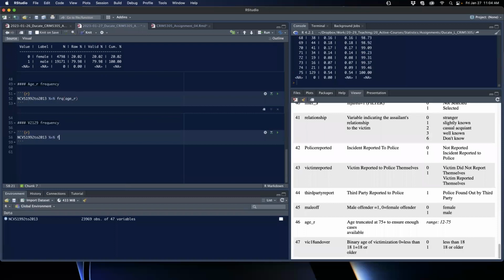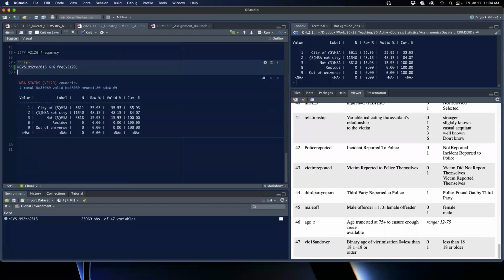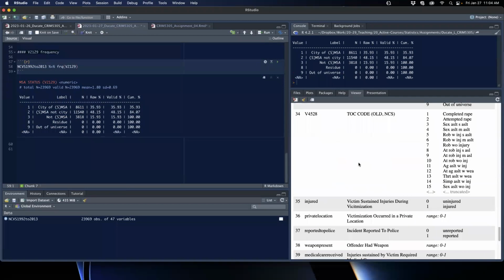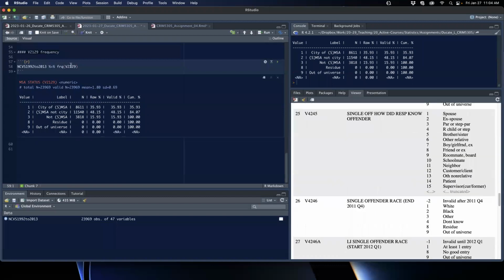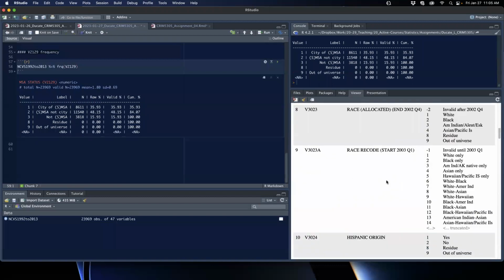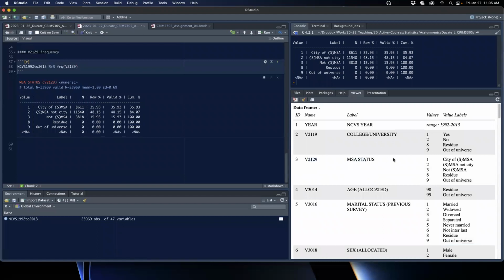NCVS, pipe, RQ, B21, oops. Make sure you use the right one. It just auto-completed the wrong thing for me. Okay, and so this tells us we can look at this here. We can also look at it over here, B2129, MSA status. That's still a little bit vague, but if you look at page 75 in your textbook,